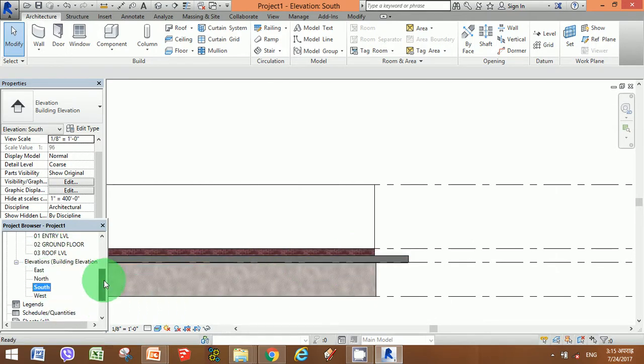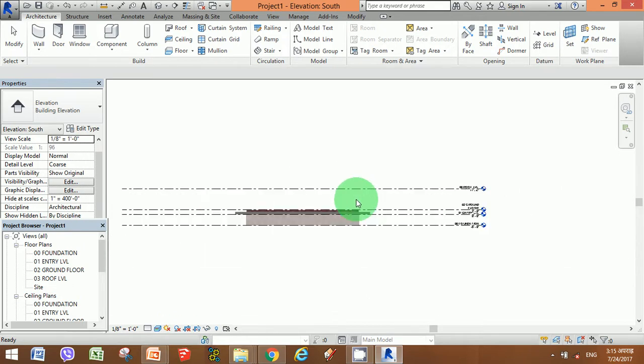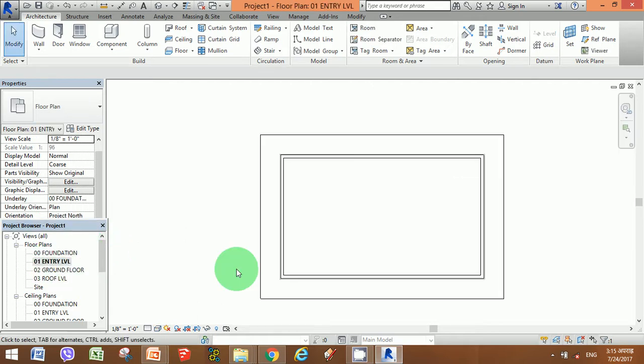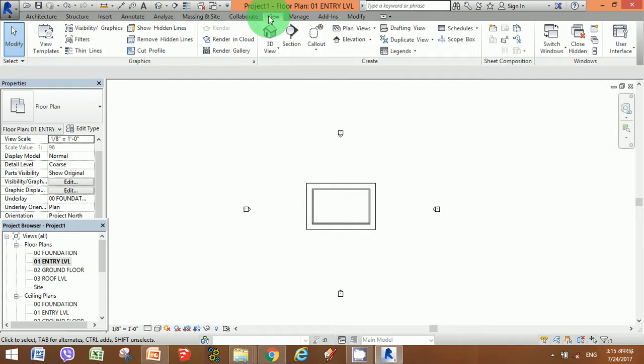Now as we can see, you don't have the 3D view right now. Right now we are just seeing a 2D elevation view of the south elevation. If you require a 3D view, go to the floor plan, entry level, this is the 00 level. So go to the 00 level ground, and go to the view tab. The view tab is just beside the collaborative tab. Go to the view tab, select the 3D view